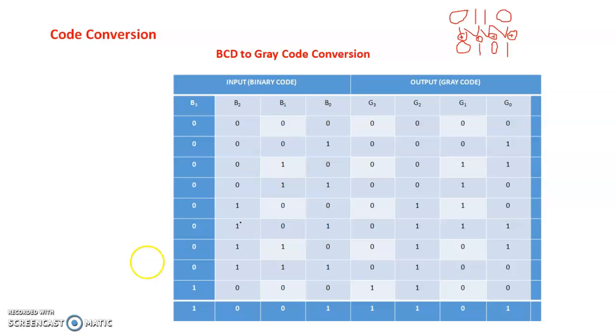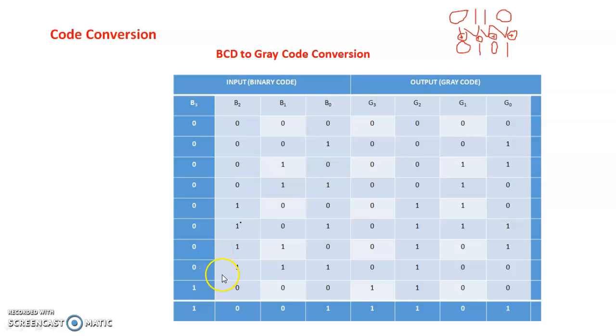So when we want to convert the BCD number to gray code, we'll take the numbers from 0000 to 9, that is 1001. We'll consider the valid BCD numbers and after that we'll apply the same previous logic. Suppose 0000 is there, so write the MSB bit as it is, then take the XOR of this 0 bit with the B2 bit, so it will again be 0, and again take the XOR of B2 with B1, you will get 0. Same for B1 XORing with B0, you will get 0. So that is the binary to gray code conversion.